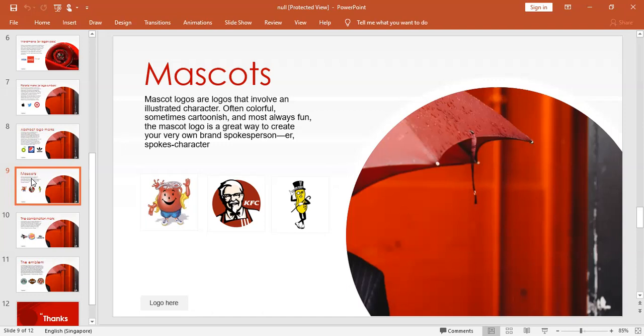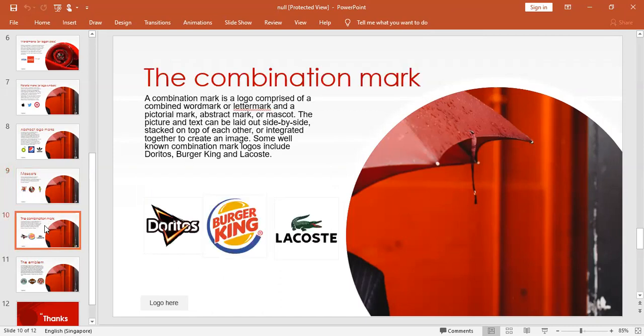So mascots means the logo which uses, like KFC, you might have seen, the person who created KFC, who was the reason for starting KFC, they have used that person's own face as a cartoonish image to make their logo. From the starting until now, they are using the same, right? Okay, fine.